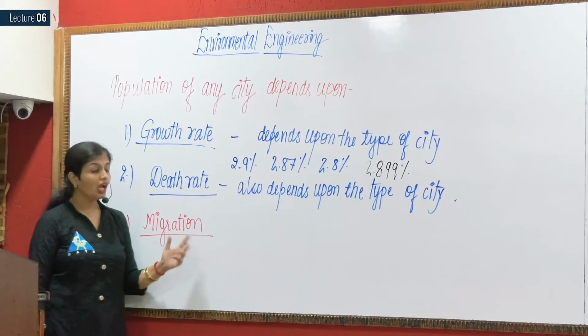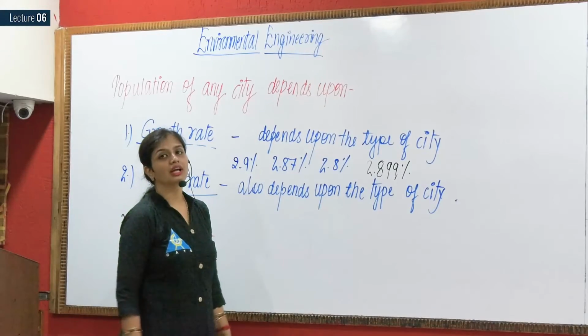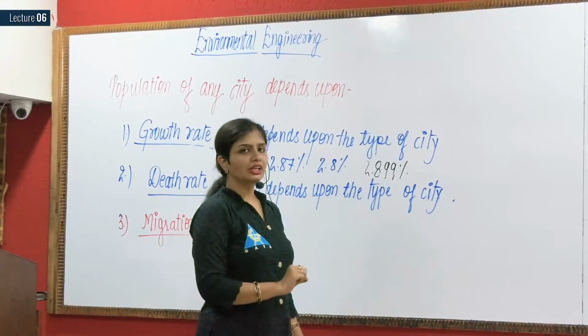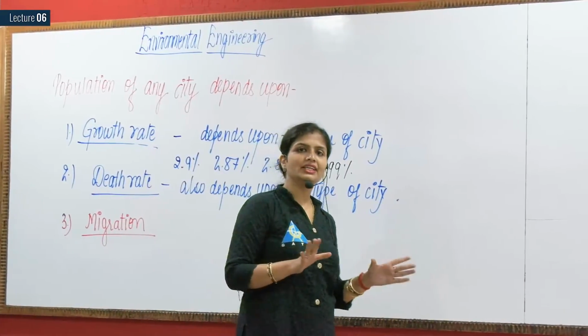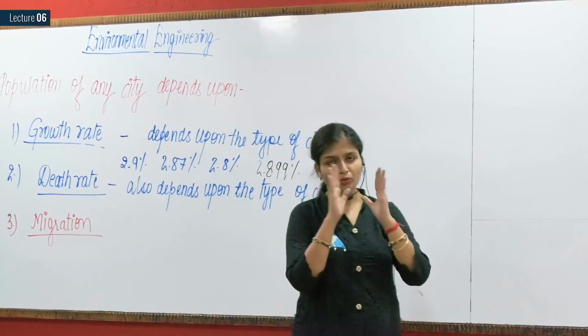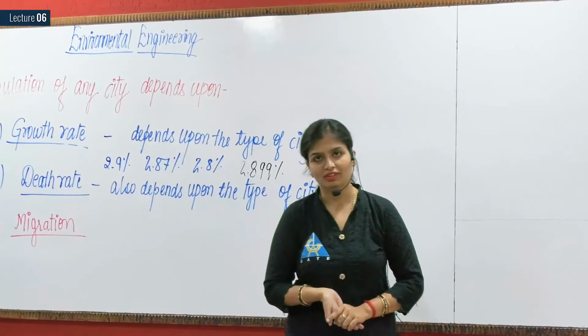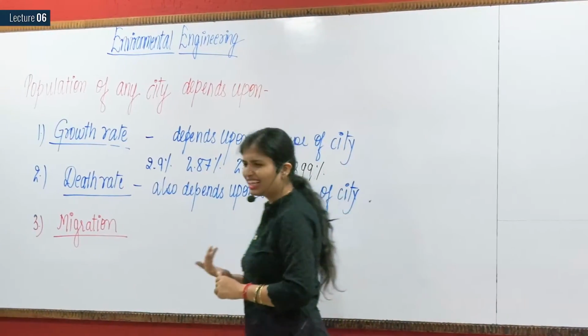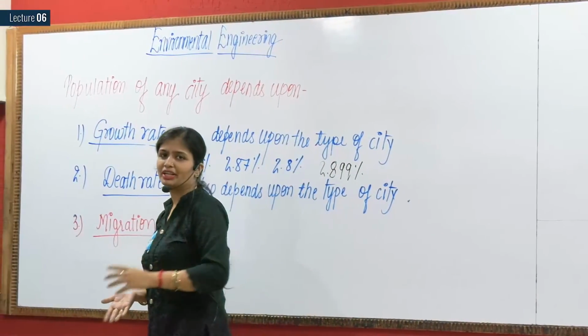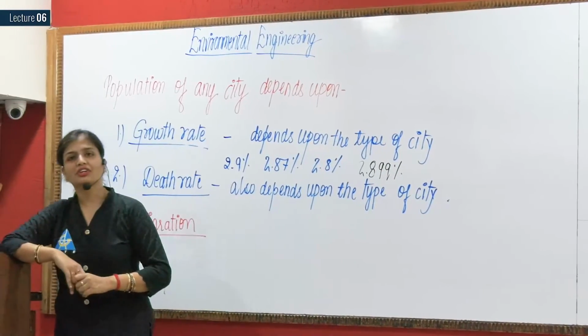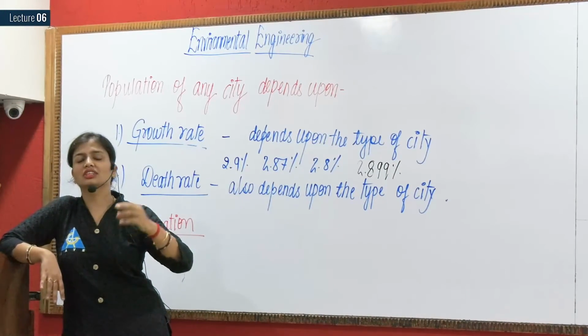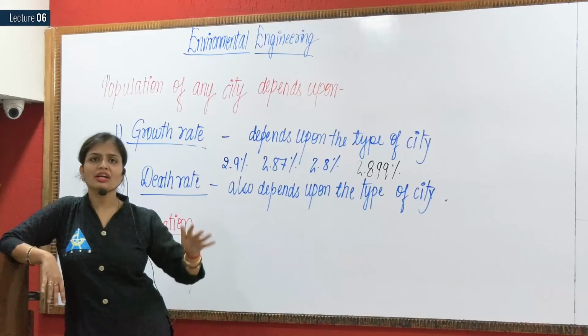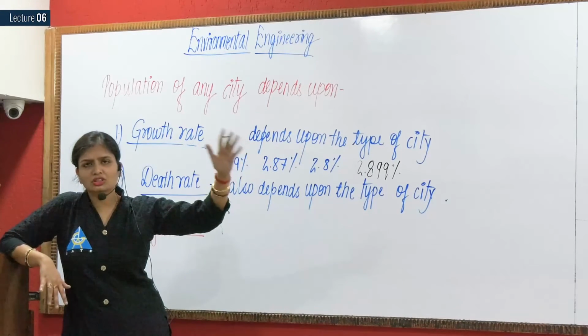Now, how will negative migration occur? Negative migration will occur in a manner, let us suppose that city is a very old city. Almost it has reached a saturation level. People will come for jobs, but what will happen? Like there is so much traffic if you go to Delhi and all. You have to travel hours and hours, there is a lot of pollution. So people will move to the outskirts of that city.